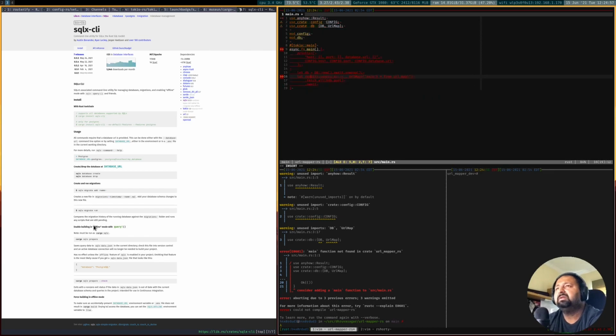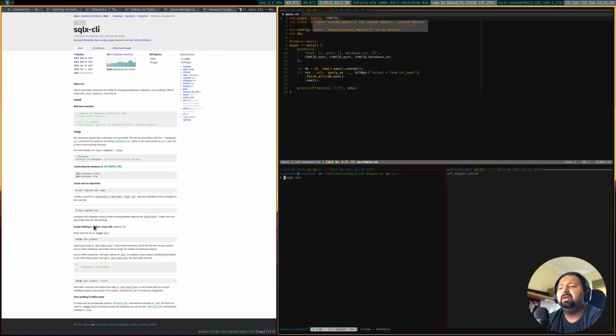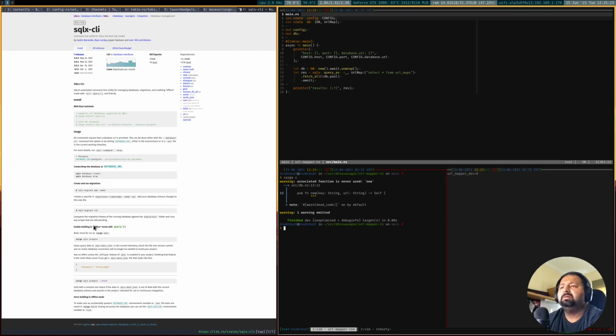And we'll see this, and then let's just print it out. Okay, so cargo check isn't complaining.